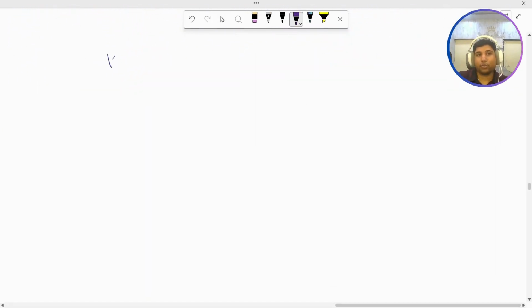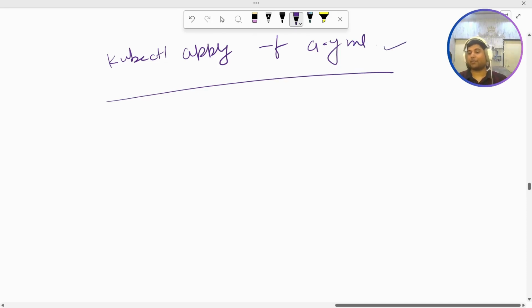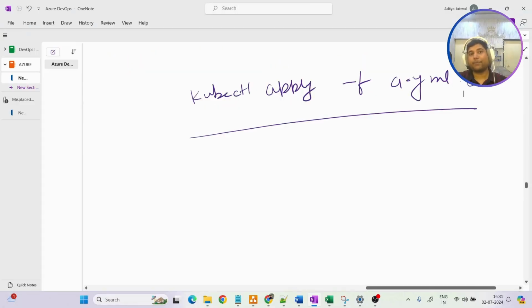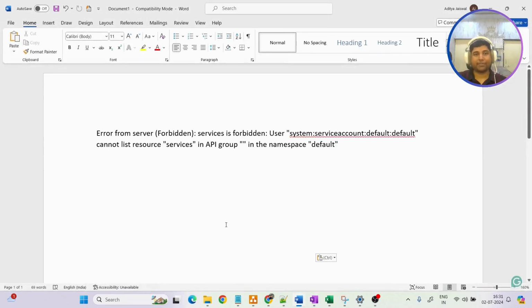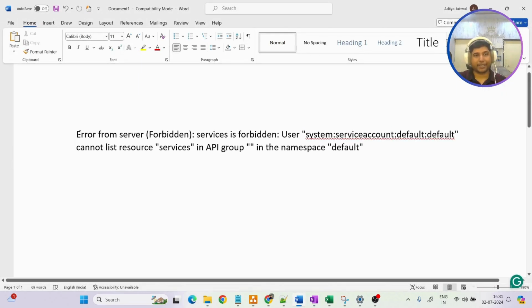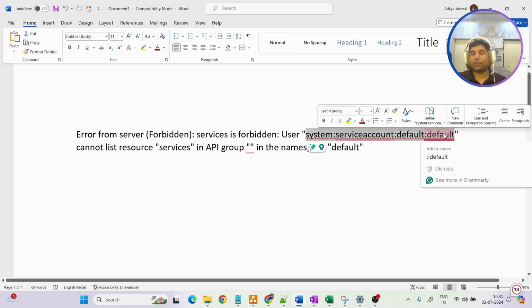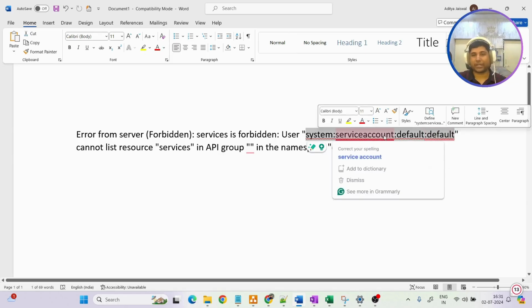Let's say I'm trying to perform a deployment. I ran the command kubectl apply -f a.yaml. I tried to perform the deployment by running this command, but I got an error. The error I got is that I'm forbidden to make these kinds of changes. The error will look something like this: error from server forbidden, services is forbidden, user, and this is going to be the user who is performing the deployment, basically the service account,